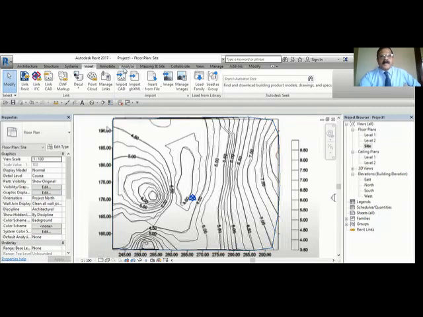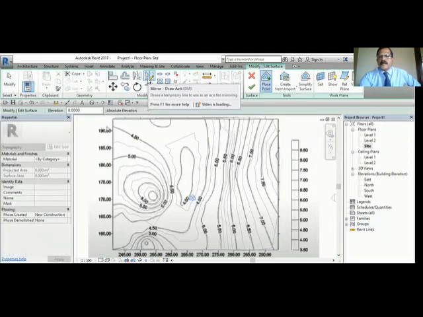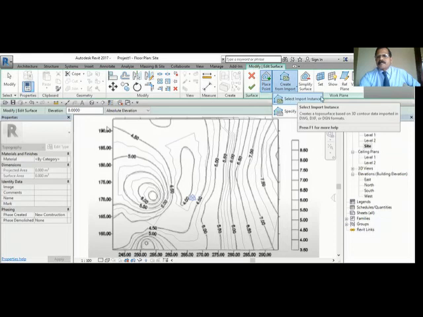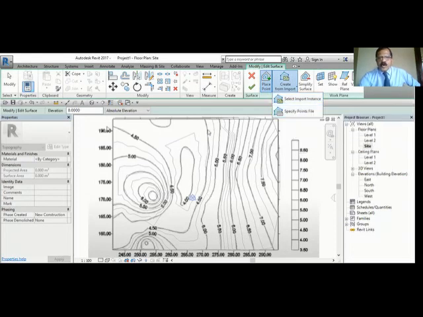So you insert that. After this, first you bring that file, and after you go to mask, then you click the topo surface. Now instead of place point, you have to use the create from import. So when you click this one, you have two options here. Select import instance, select 0.5. Okay, so you select this, select import instance. You click that one. Okay, and immediately it shows you the list of layers in the AutoCAD drawing. When you click this, it shows you the complete list of the layers in AutoCAD.